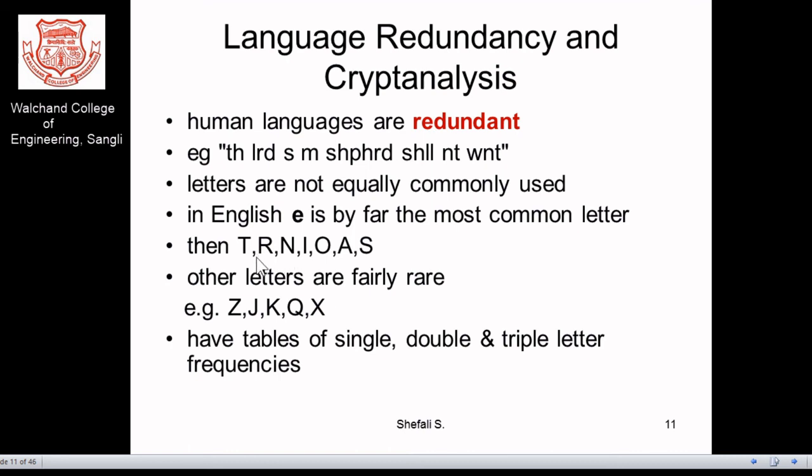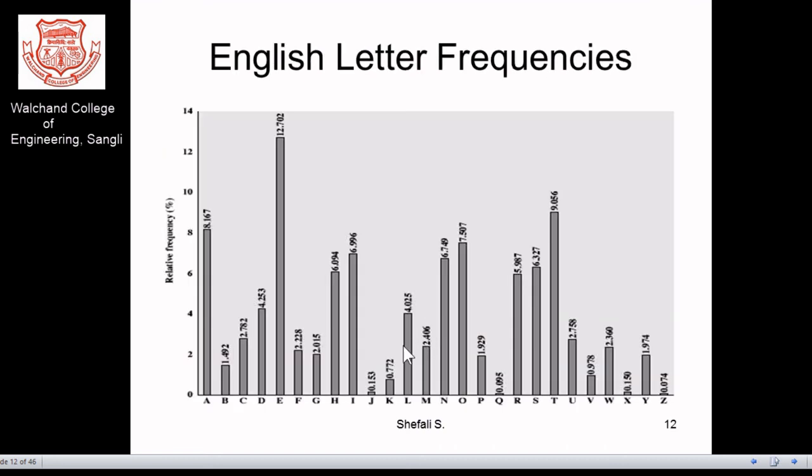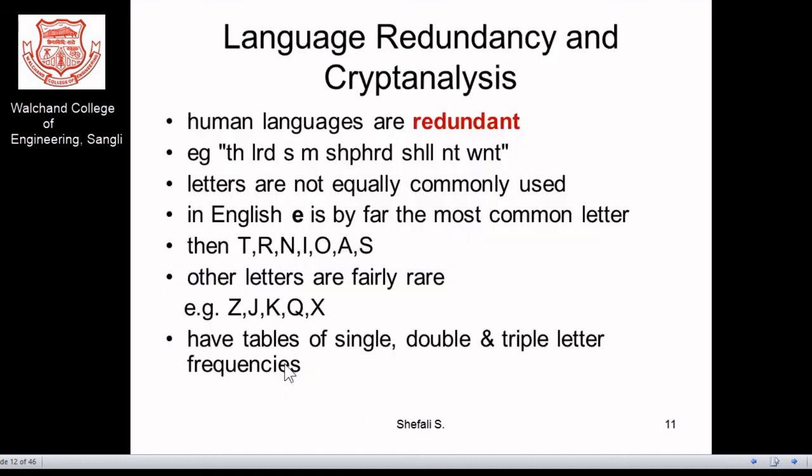For example, some letters occur very rarely, and some occur very frequently. If you draw peaks and valleys for a graph, then where the letter fits, you can guess what the letter is. Instead of a single letter and its frequency, you may have two letters together, which we call a digraph, or three letters together, a trigraph, or four letters, a tetragraph, and so on. You can plot the frequencies for these n-graphs.